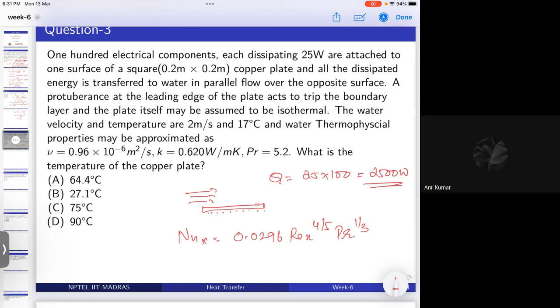We should take the average. Yeah, here we should take the average Nusselt number. So Nu bar is equal to